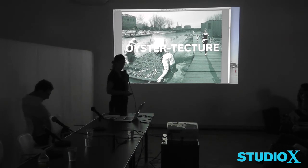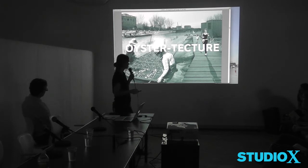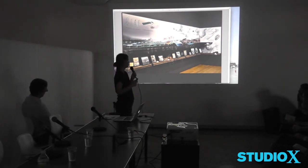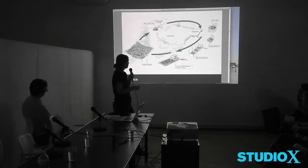Secondly, at the site in the Central Harbor, Scape undertook this project called Oyster Texture as part of the MoMA Rising Currents exhibit in 2010. So the idea here, and again, this was an exhibit at Vision, which tried to draw together community revitalization, reef building, and just really choreograph a reef based on the living system and the unit and the incremental change unit of the